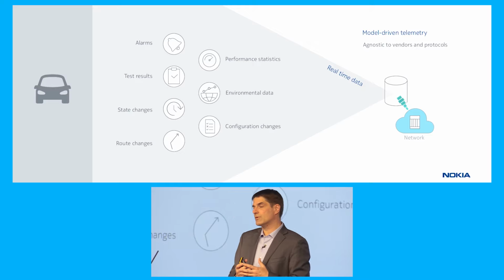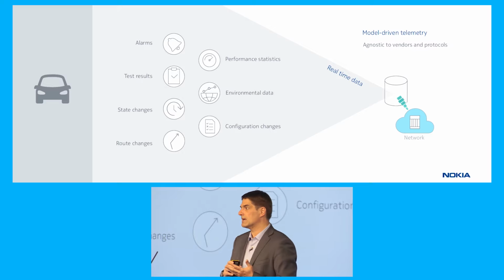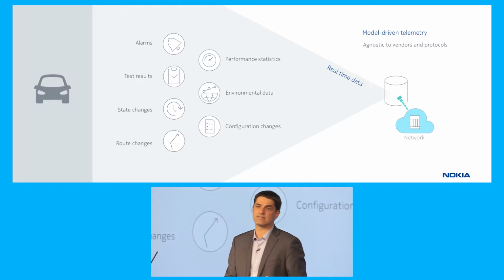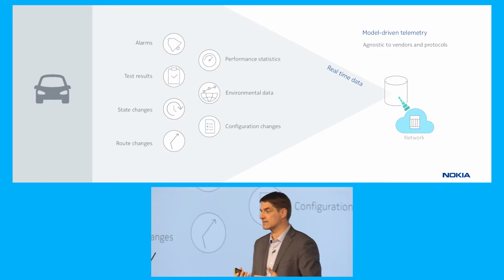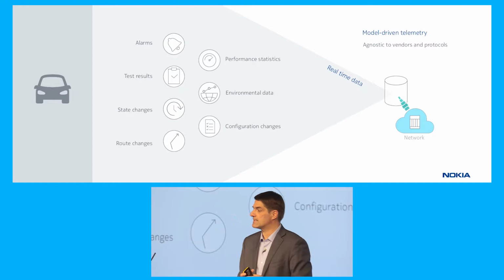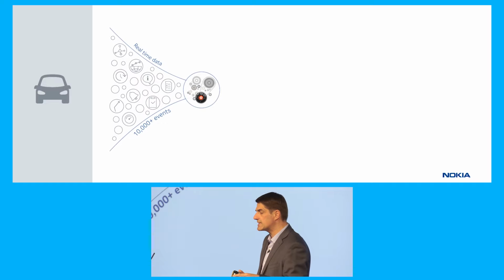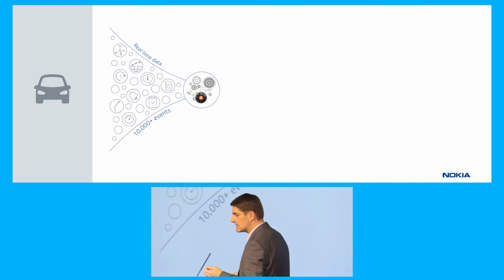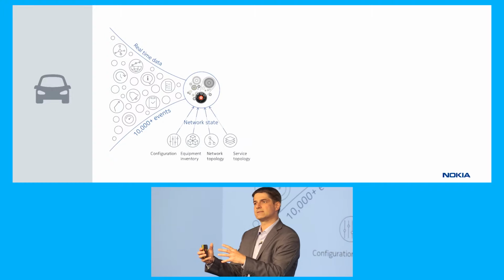So what we found is that in order to get the real view of the health of the network or service, we need to look at a much broader set of data sets. It's alarms, yes, but also OM test results, configuration changes, route changes, state changes, stats, performance statistics, etc., and many other data sets. Processing all of that using quite sophisticated algorithms without pre-written rules to arrive at those kinds of clustered events.